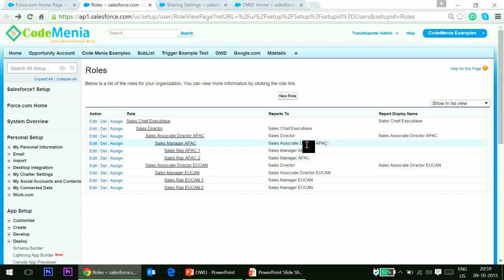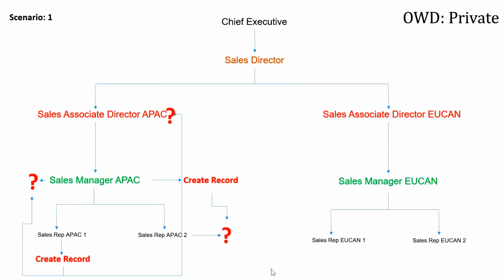Okay, so going with this, I have created a number of scenarios here. The first scenario is: the sales manager will create the record, and will the down hierarchy users, the sales rep epoch 1 and epoch 2, be able to see it or not, or will the above hierarchy associate director be able to see the record or not. So going with this,